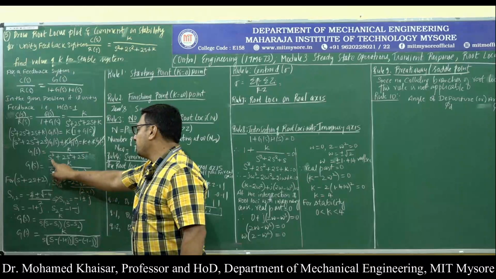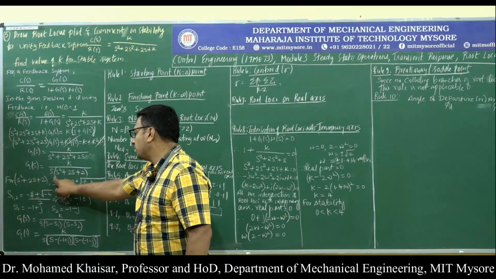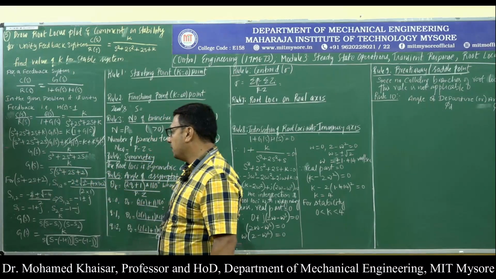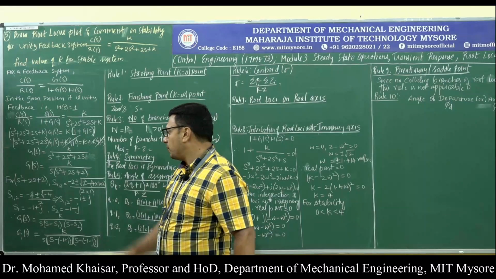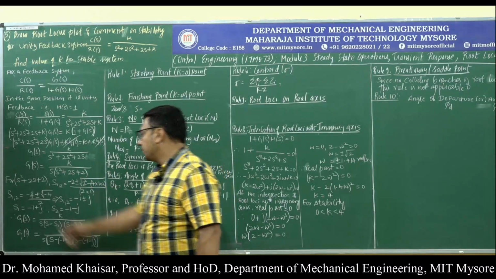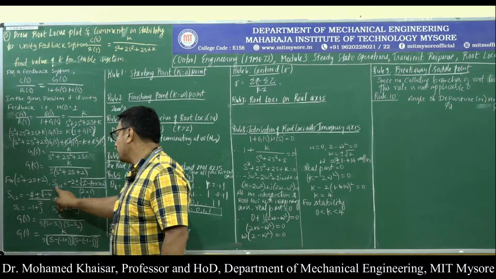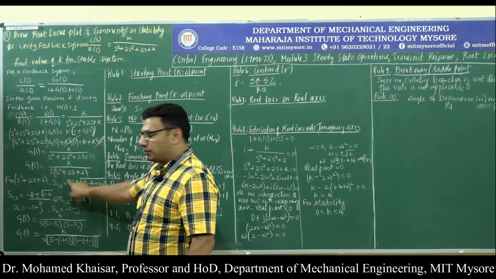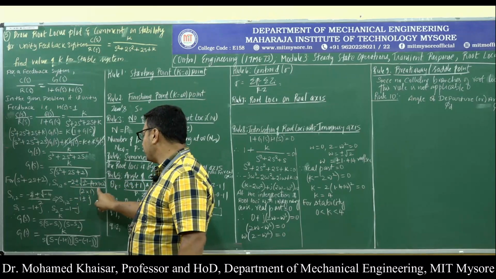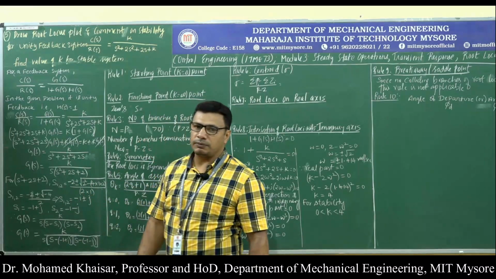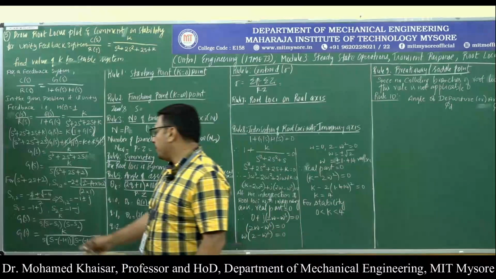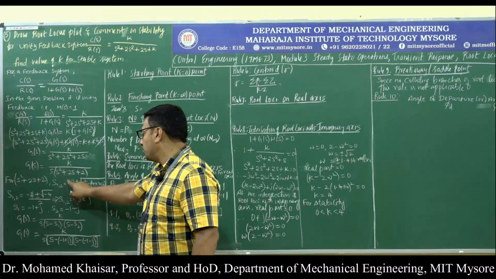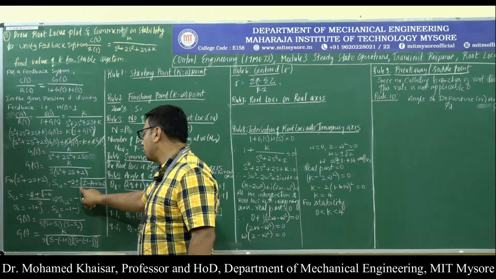Then we will take out s common over here, we will be left with s into s square plus 2s plus 2. Now, if we try to obtain the roots for s square plus 2s plus 2, then s1, s2 can be calculated as minus b plus or minus root of b square minus 4ac by 2a. This is the formula we are going to use. So, minus b, b is 2, so minus 2 plus or minus root of b square means 2 square.